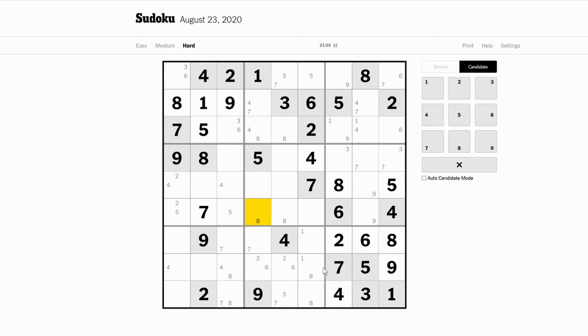Okay, so what about here on this? That creates a quadruple. So there we go. So these are 3s and 6s, and we've got a pointed pair of 6s, so that resolves the 3 and 6. And now these two 6s resolve the 6 over here, and this 6 looks down on here and resolves that 6 and gives us a 2. So this 2 gives us a pair of 2s up there, and in conjunction with that pair of 2s locks the 2 in these 2 rows. So there has to be a 2 up here on this row within this cage,